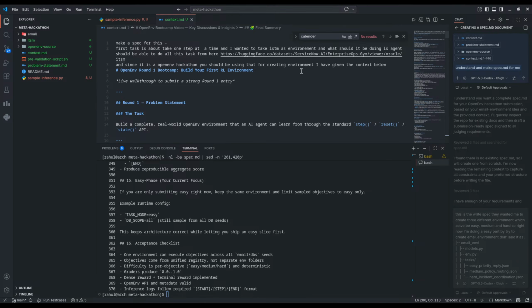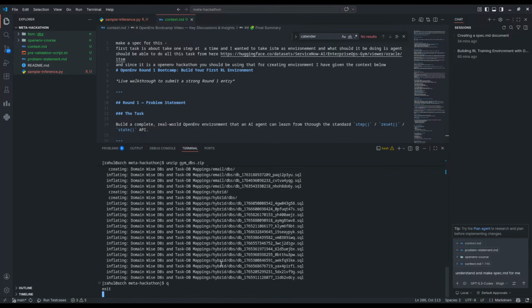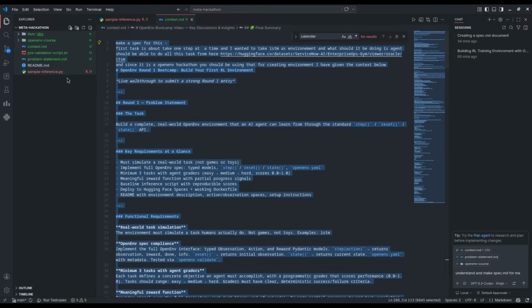Okay, we have given the context here. I needed to delete this, and let me copy it to new here. Duplicate this. Understand and make a spec. Problem statement context, I have given it the context here. And do I need to do something else?